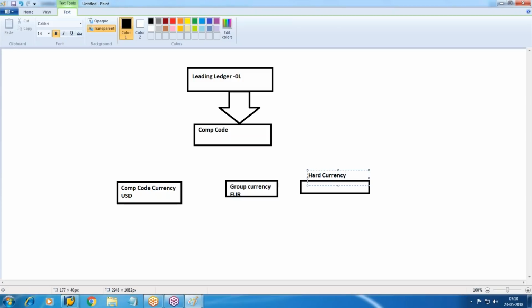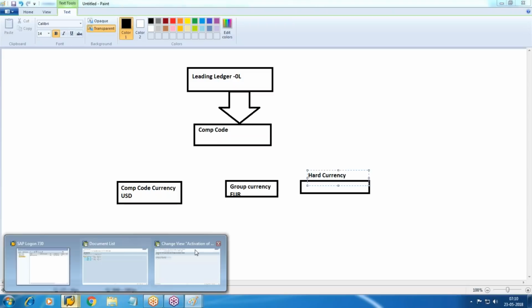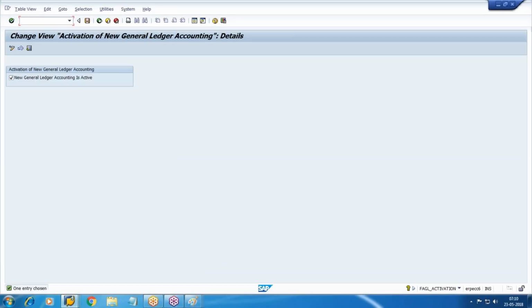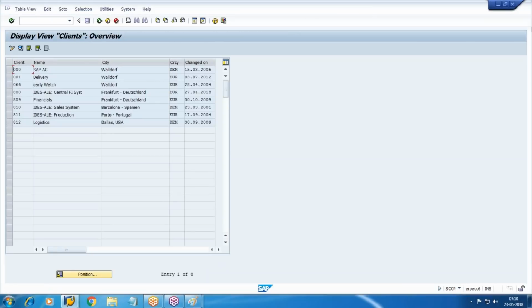That means if some countries' inflation rates are too high, then in that case you can maintain hard currency, also known as index currency. The company code currency we define at the time of company code configuration, and this is known as your first local currency. Then group currency, which we define at client level